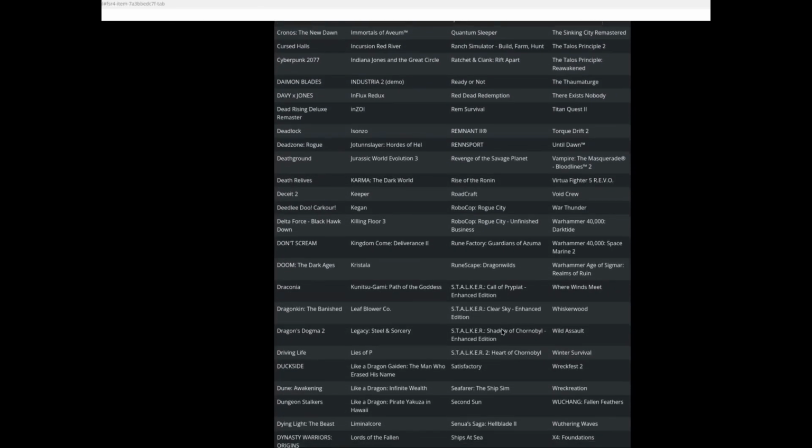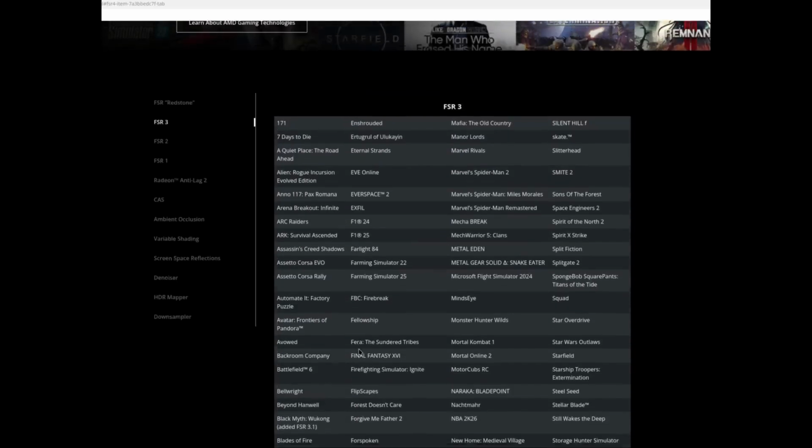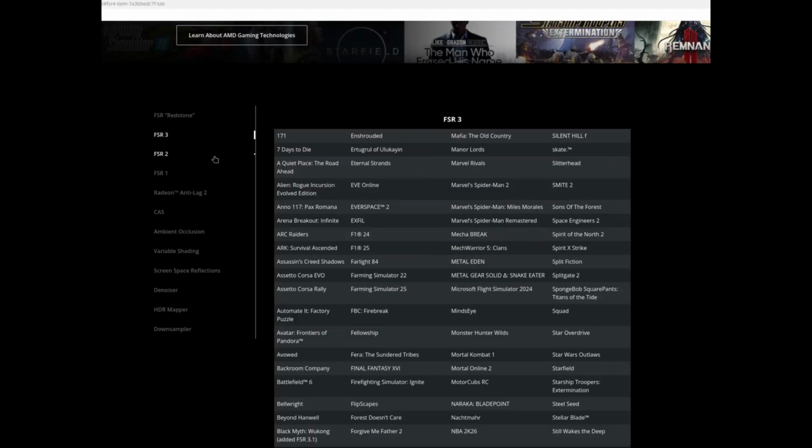Let's see. Yeah, here we go. So this Sid Meier's Civilization 7 is officially supported on FSR 3.1, I believe. All right, so let's take a look at some example screenshots that I actually